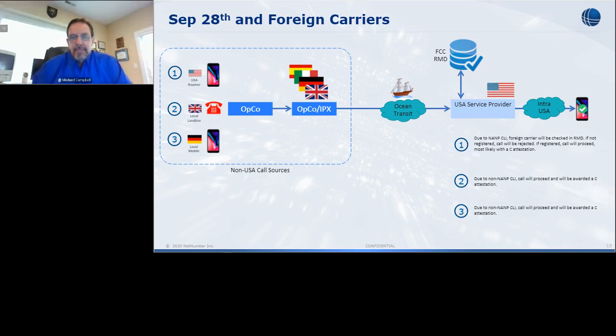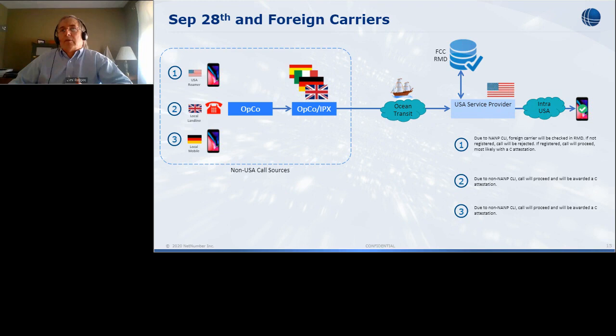Okay, and that makes sense to me now, why you have this A attestation that's so rigid, with so many different checks. Really, what you want is to have one level of support, and then the others you can manage in terms of how you route them based on B or C. But at the end of the day, it's really the A attestation that gets you the full power, if you will, of STIR/SHAKEN, correct?